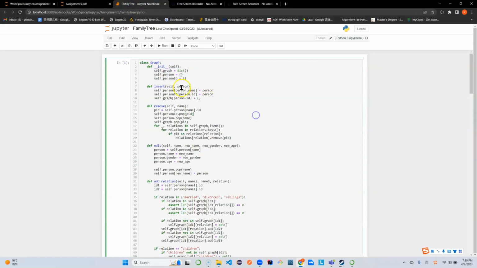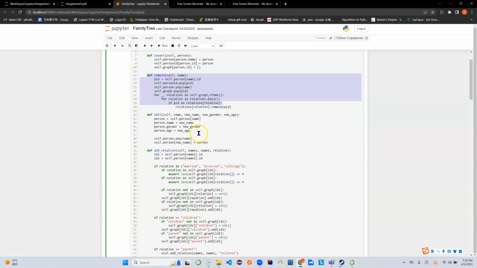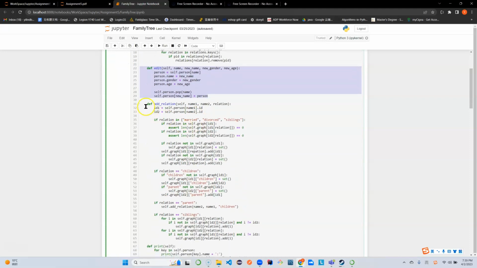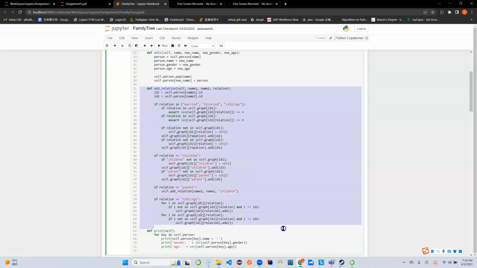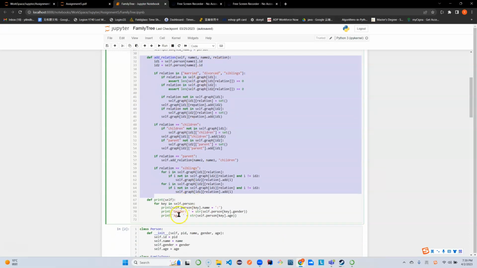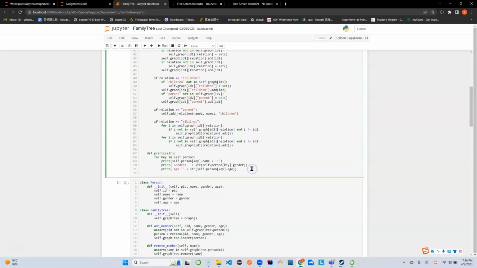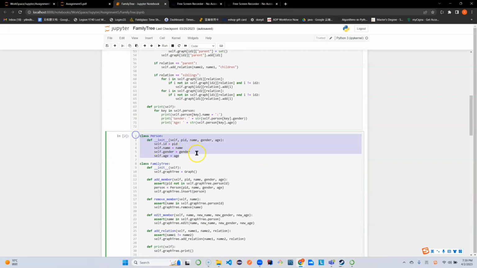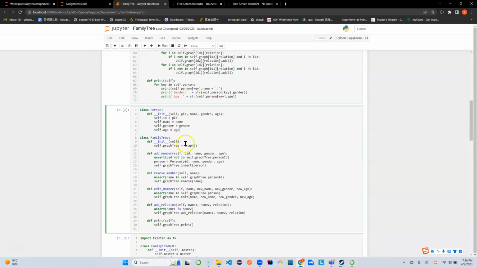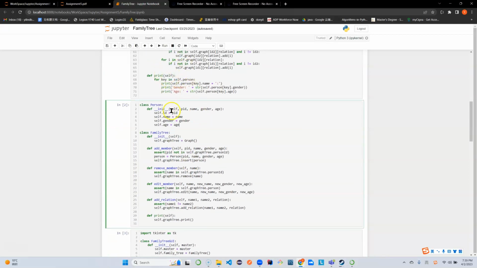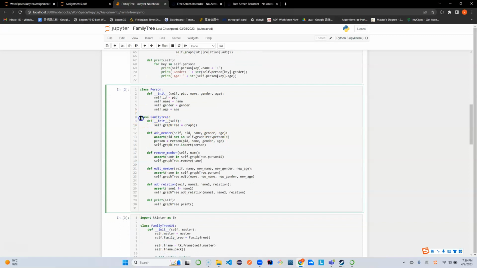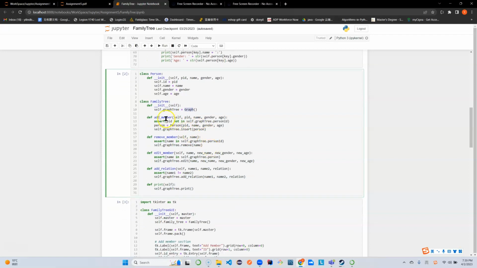We have this graph first, with which we insert a person, remove a person, and edit an existing person, and most importantly, we can add a relationship between existing persons, and finally, we can print all the persons in this family tree. Each person has 4 attributes: ID, name, gender, and age, and the relationship will be stored in the family tree. So this family tree class will have this graph, basically demonstrating that family, and we have 6 methods: